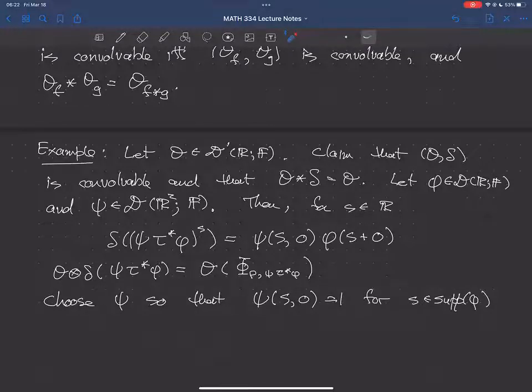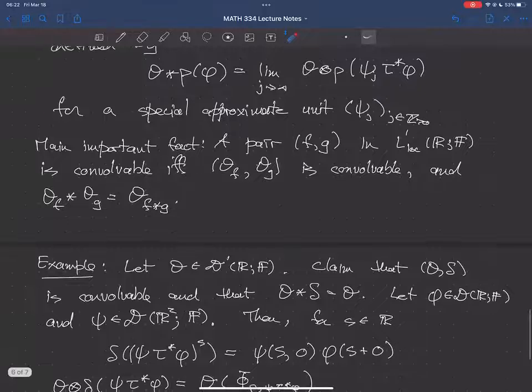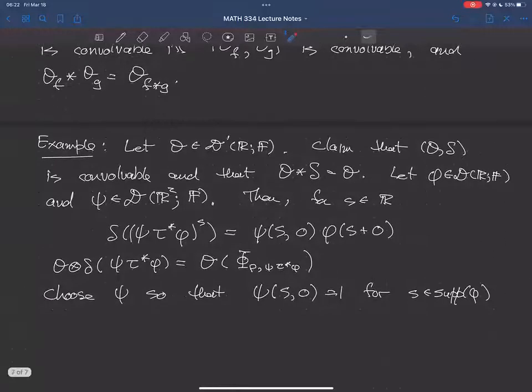And now you can see the shadows here of this special approximate unit showing up, right? The support of phi is a compact set. And so you can choose psi so that on a large enough compact set, which contains the support of phi cross 0, psi will be equal to 1 on that set. All right, so if you do that,